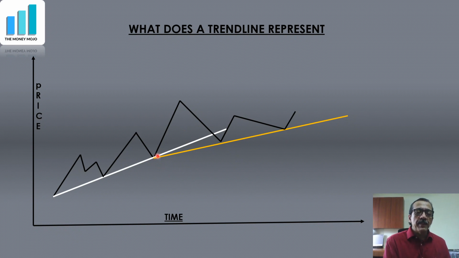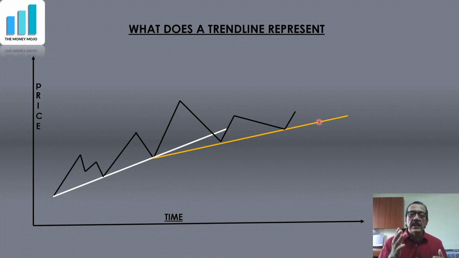Now, because it represents rate of change of price, what we can therefore say is that if the price has been changing rapidly and the trend line is pretty steep, then that trend line becomes easier to break, because a steep price change is difficult to actually continue. Whereas when a trend line is more gentle like this, it is more difficult to break, because that has been a gentler rate of growth of the price. So therefore, what we say is that the gentler the slope of a trend line, the more difficult it is to break it, and therefore more valid it is.